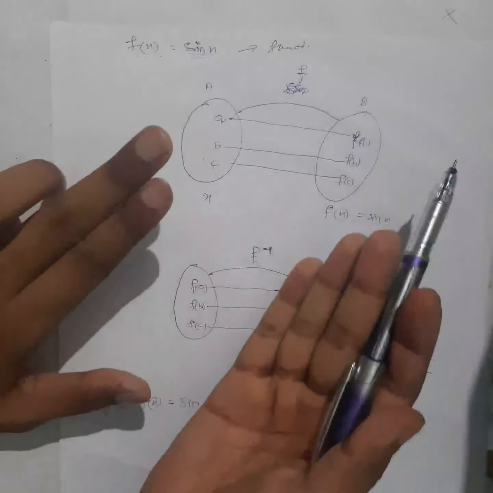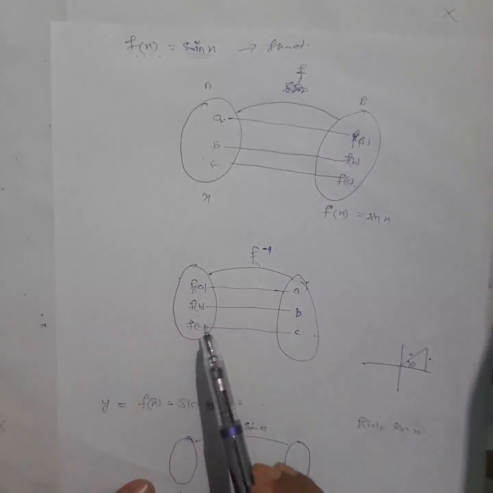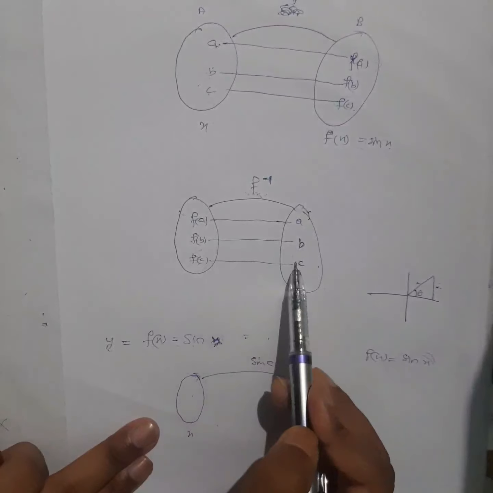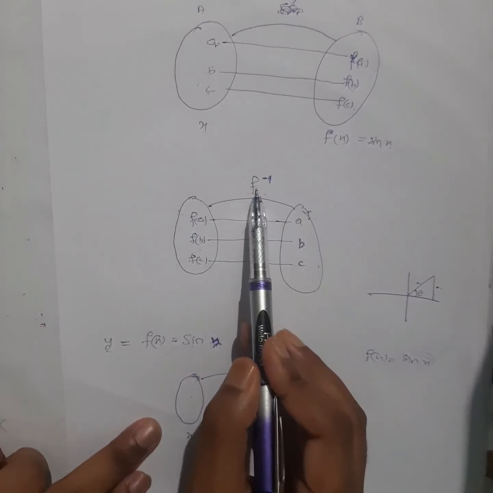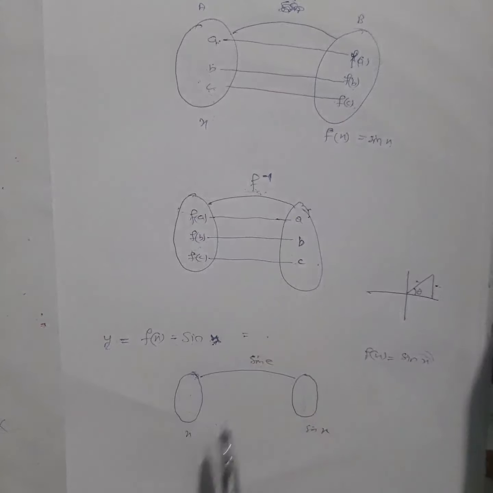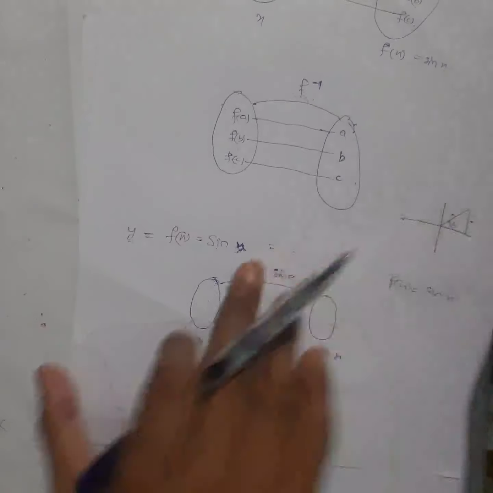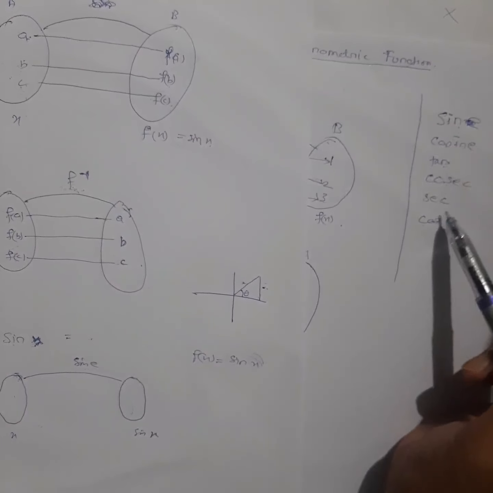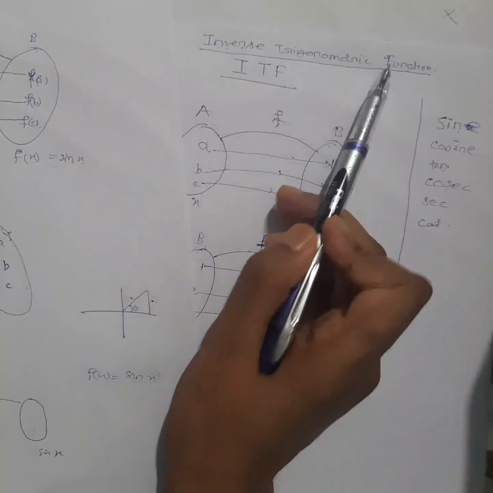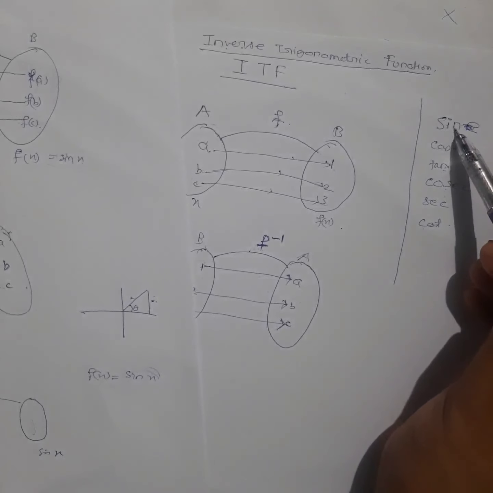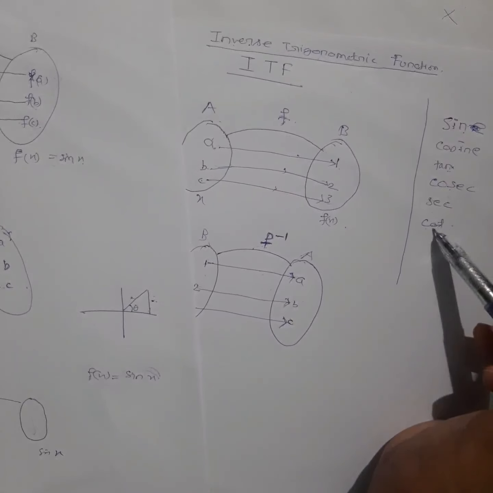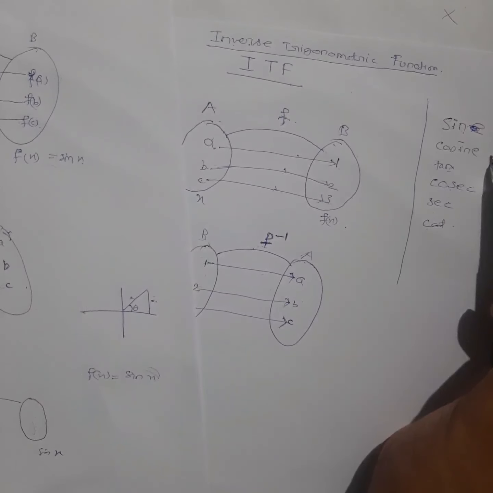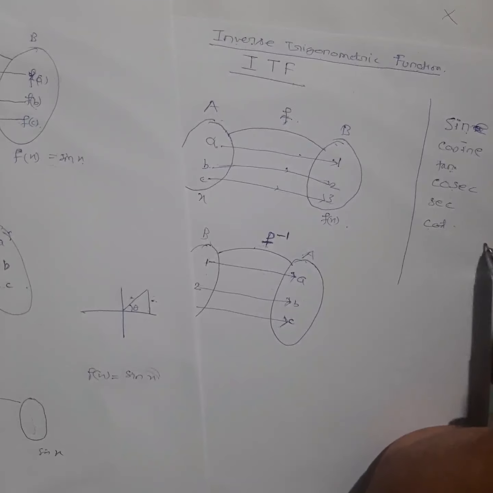Yes or no? Then only you can get the inverse function. So you have to know the domain and the range. When you know these two, I will reverse this one, and when I reverse this, I will get the inverse. Now you just need to check whether it is a function or not. If it is a function, then this will be the inverse function. Understood? So first, to find the inverse of these six trigonometric functions, we are studying inverse trigonometric functions, right? I will find the domain and codomain of this, and of this also, this also, this also.